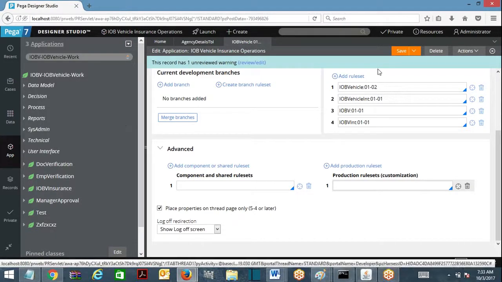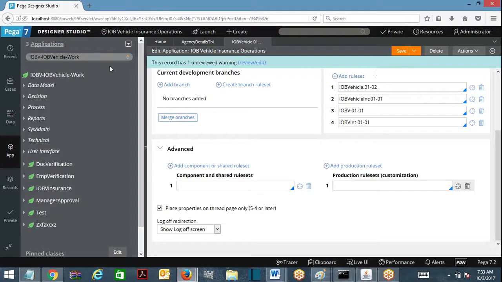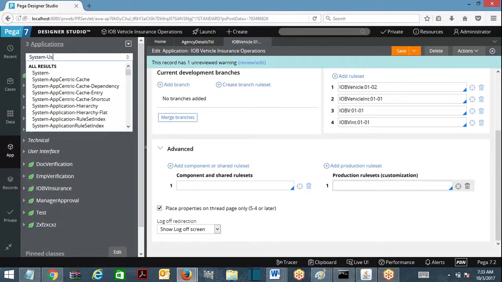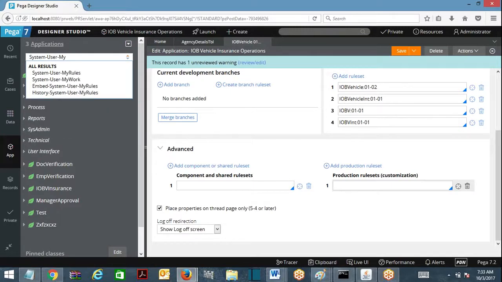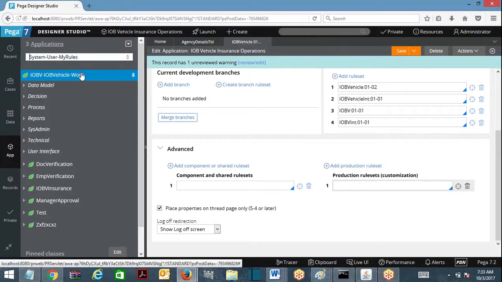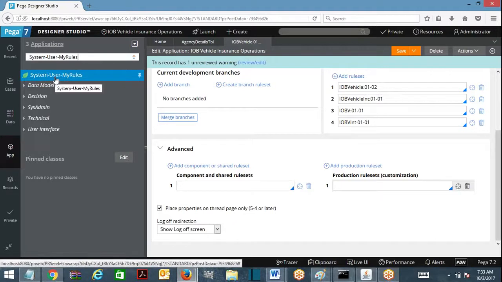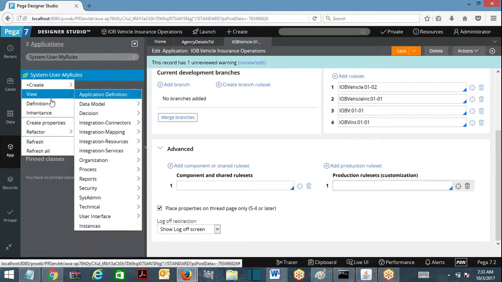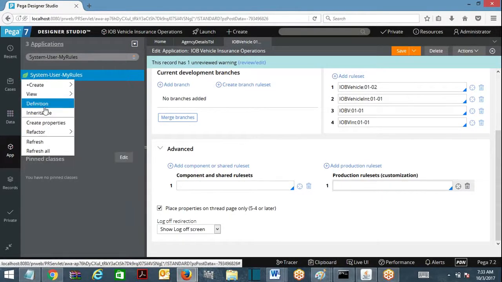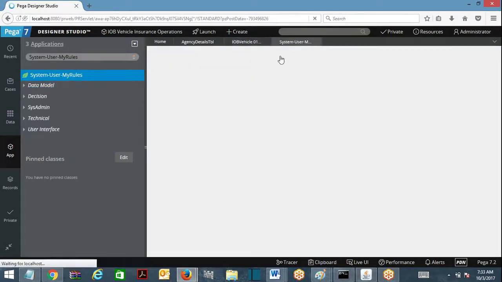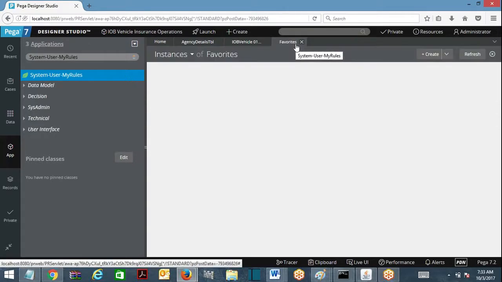Okay, look here, the rule which I have delegated is agency details. You need to go to system user my rules. This is the class. For this class there will be a table. Delegated rules will be available in this table. Let me go to the instances of this. Now I have delegated rules